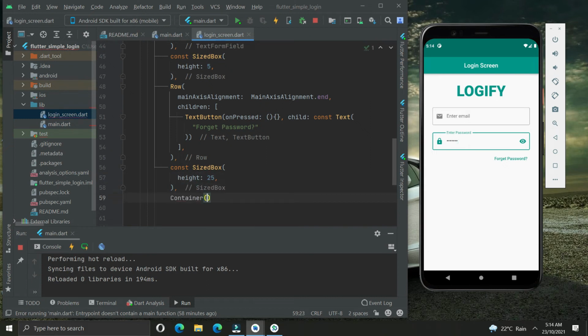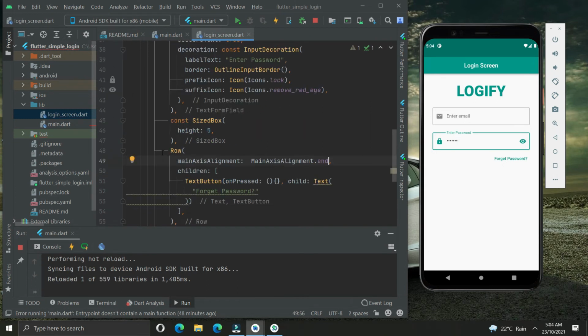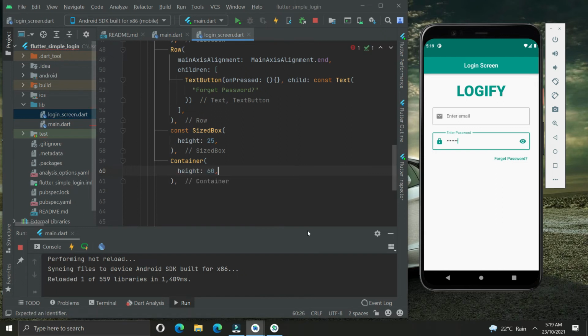Now we will add container of height 60 with the width double dot infinity. Double dot infinity makes it go to the end of the screen. Now we will decorate our box. Border radius dot circular.